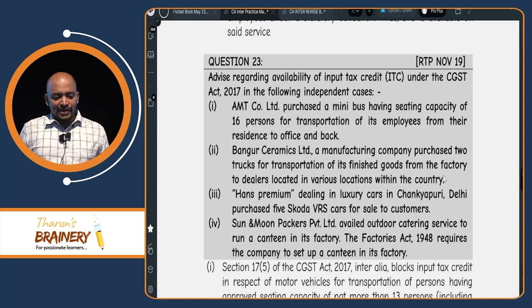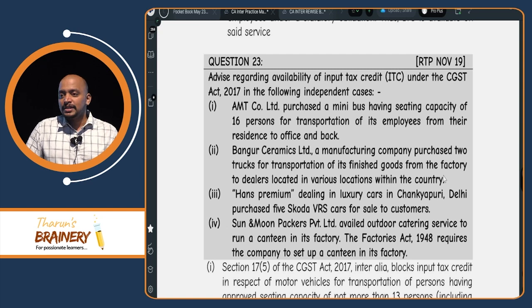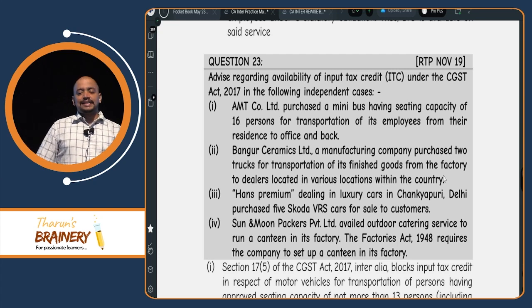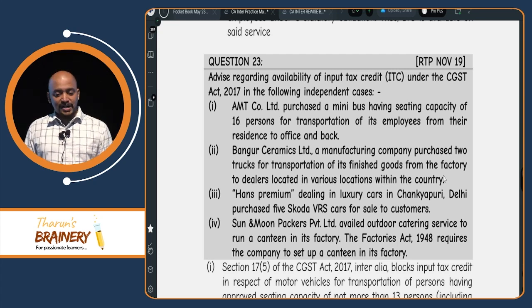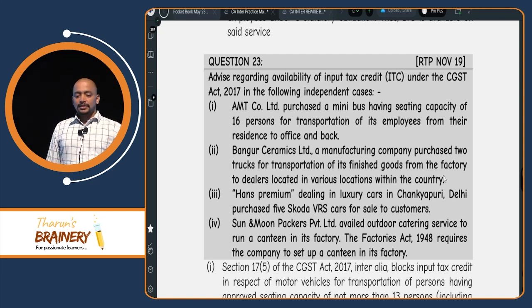Then question number 23. Advice regarding availability of input tax credit under CGST Act in the independent cases. Here we don't have to write any amount, but just we need to write the explanation as to whether ITC available or not available. AMT Company Limited purchased a minibus having a seating capacity of 16 persons for transporting of its employees. ITC available or not available? Reason: